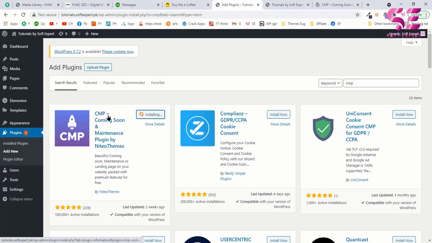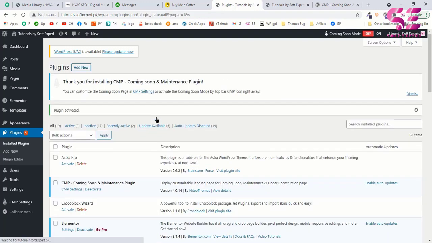And this is the plugin, CMP Coming Soon, and this is by Native Themes, and it has 1 million plus installations, and this is also compatible with the latest version of WordPress. So just install and activate this plugin, and once you activate the plugin you will see this message: thank you for installing CMP, and this is the CMP settings. You can go there, and you can also go to CMP settings and click on CMP basic setup. So just click on this